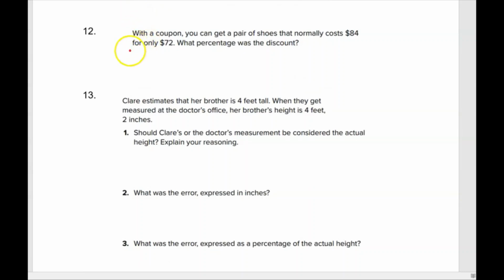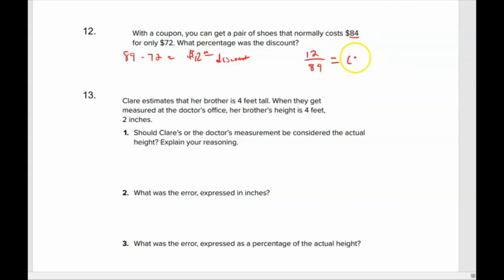If originally they were 84 and we can get them for 72, I'm getting a $12 discount, right? $12 discount. And I just found that by subtracting that amount. The question asks, what percentage was the discount? So what I need to do is take my discount and divide it by the normal cost of my shoes. So when I take 12 and divide it by 84, punch that into my calculator,